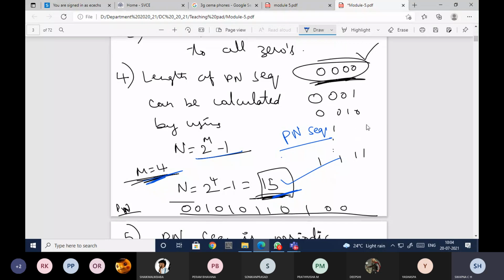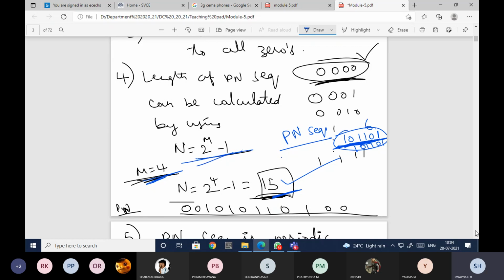Let me consider I have just 6 bits, 101101. After the 6th bit, what will happen? Again it will start from here. I'll have 101101, and like this it will continue. Whatever I'm getting without any repetition is said to be the fundamental period. So the PN sequence length N gives you the fundamental period.